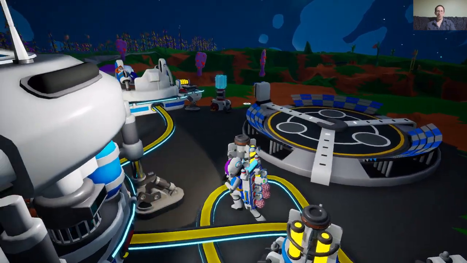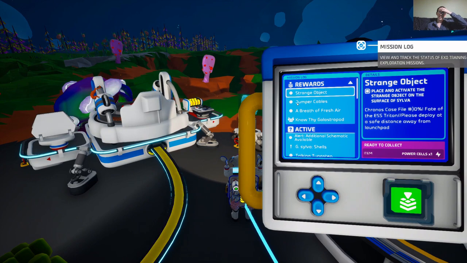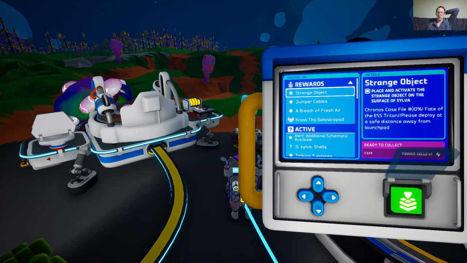Funky. Let's see what the mission update is. Strange object. Place and activate the strange object on the surface of Silva. Cronus case file. Fate of the ESS Triton. Please deploy at a safe distance away from the launch pod. Cool, we get some